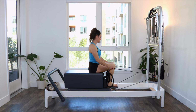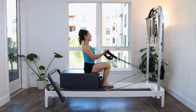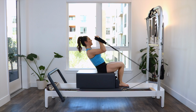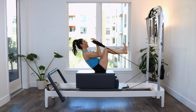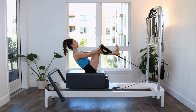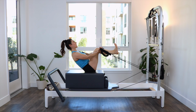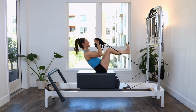Good. From that position, find your small loops in each hand. Let's go ahead. We're going to bicep curl and hold, hinge back, and I want you to come back into that same tabletop position. From there, lengthen the arms. Exhale, curl. Hold that little mini teaser. Exhale, 2. Exhale, 3,